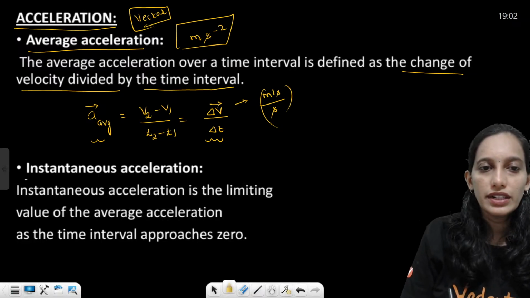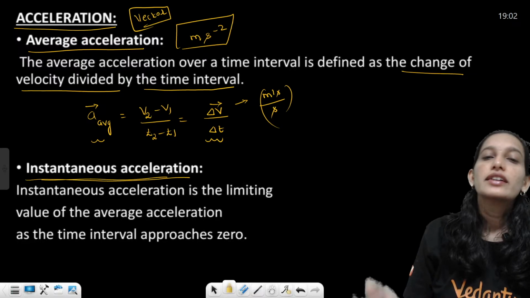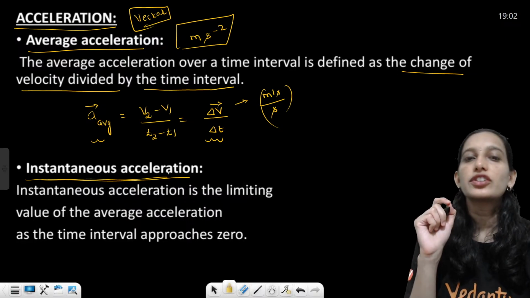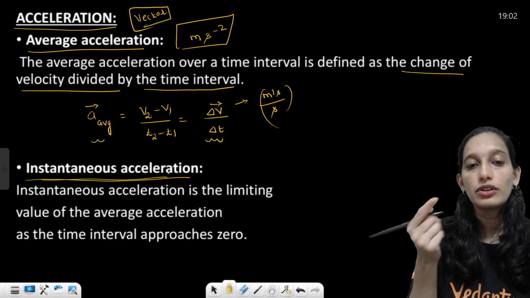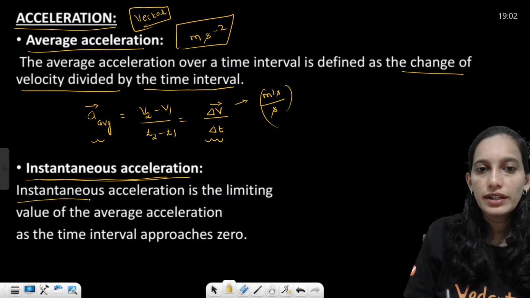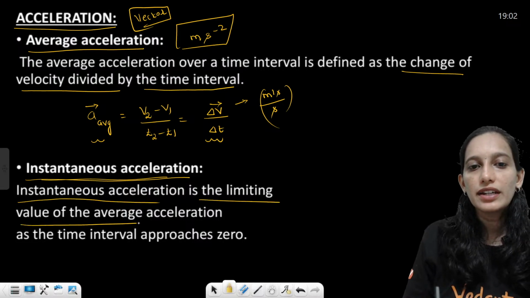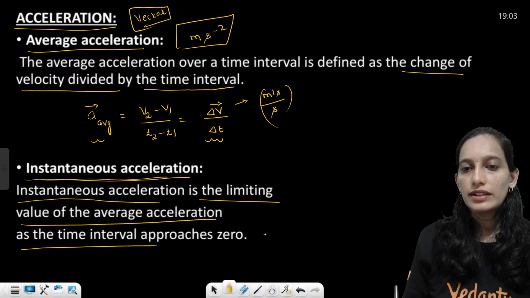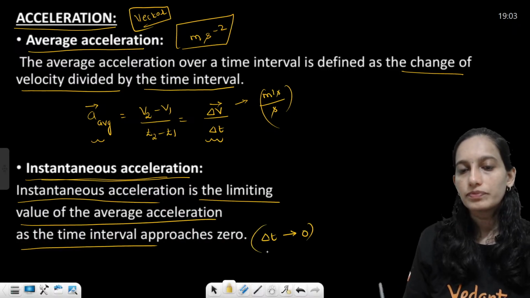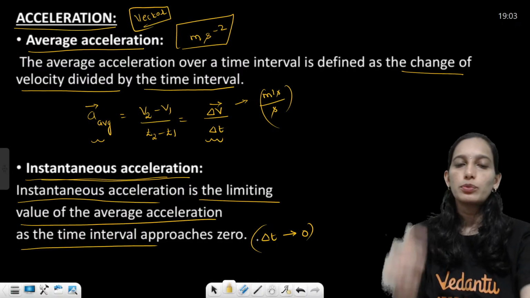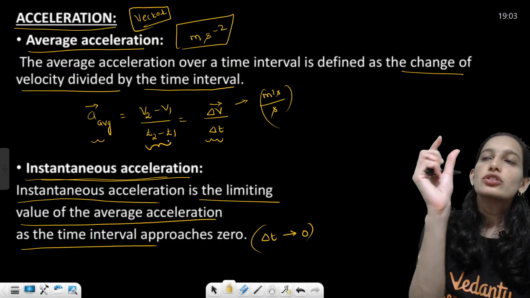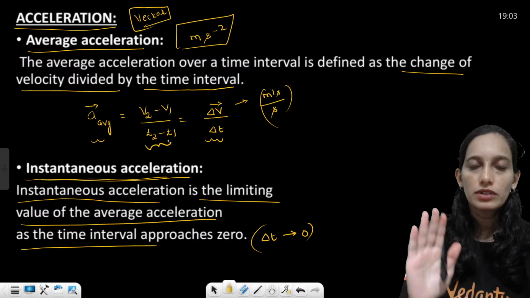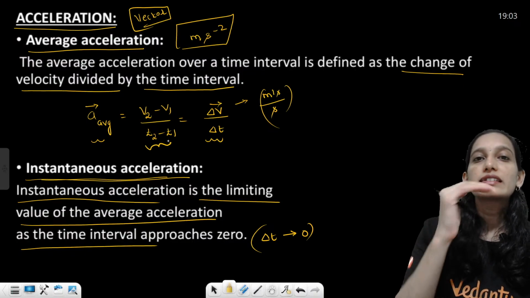Okay, so again we are trying to define instantaneous acceleration just as we did for velocity. Earlier, the limiting value of the average velocity was giving us the instantaneous velocity. Similarly, instantaneous acceleration is the limiting value of the average acceleration as the time interval approaches 0. That is, delta t tending to 0, time duration smaller and smaller. The denominator t2 minus t1, we keep making smaller and smaller. We never make it equal to 0, but as small as possible,